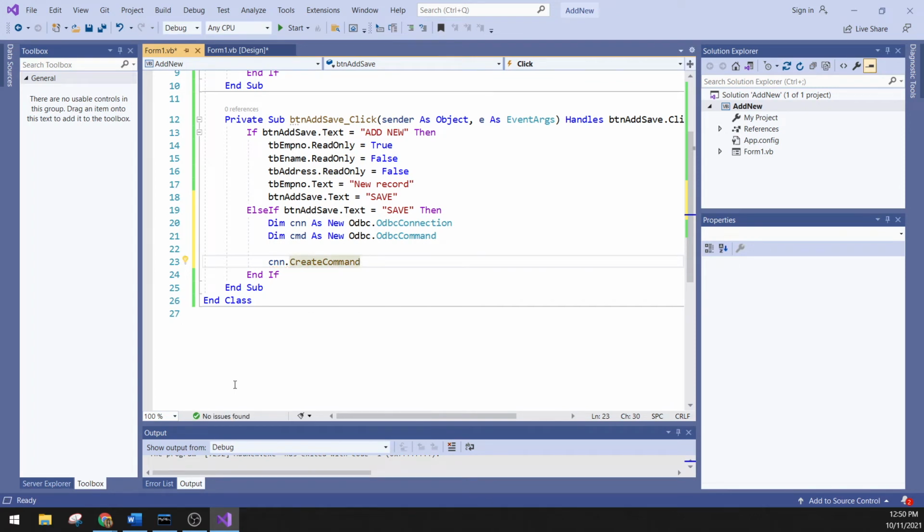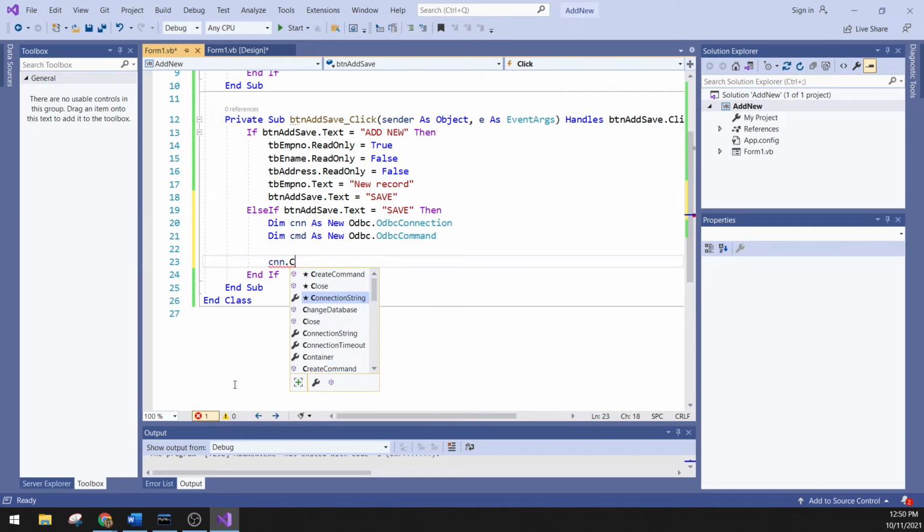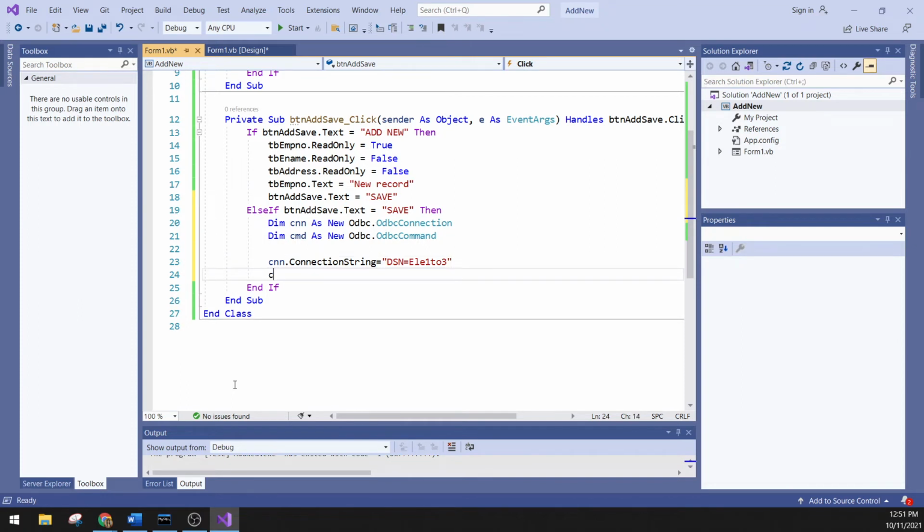Sorry, cnn that connection string is equals to, we're going to use the dsn. Let's try dsn is equals to l 1 2 3. I think the database that is registered on this dsn is the Microsoft. So cnn dot open, and then we have cmd is equals to cnn dot create command,